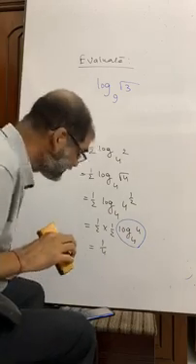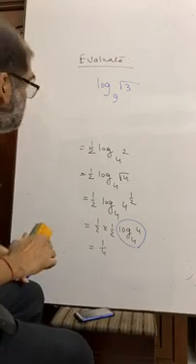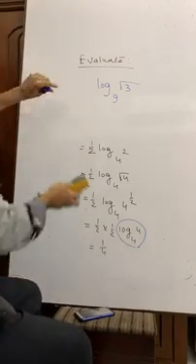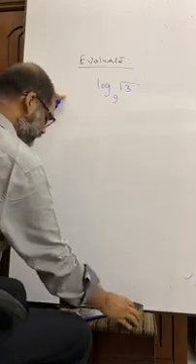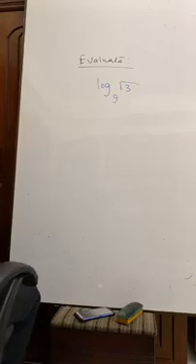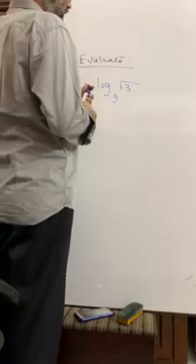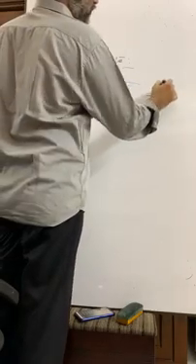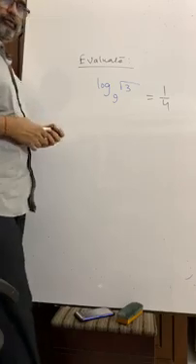Some of you have written the correct answer, 1 by 4, and one has written 1 by 9. Actually, not 1 by 9. The answer is just 1 by 4. Okay, now it is your turn to do the math. Its answer is 1 by 4. Many of you have written the correct answer 1 by 4. Thank you very much.